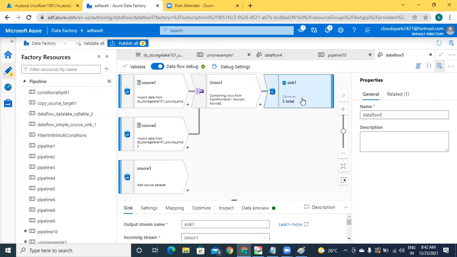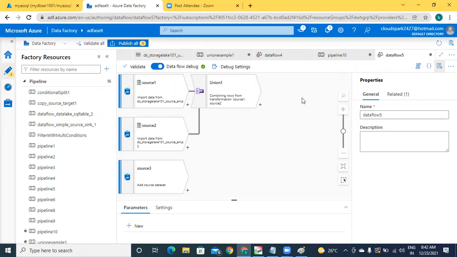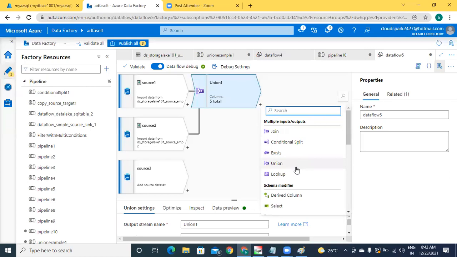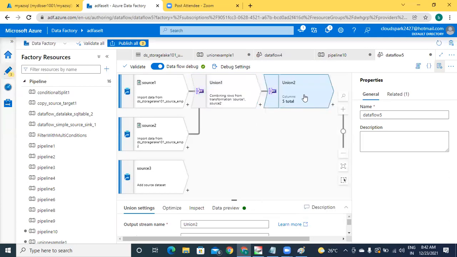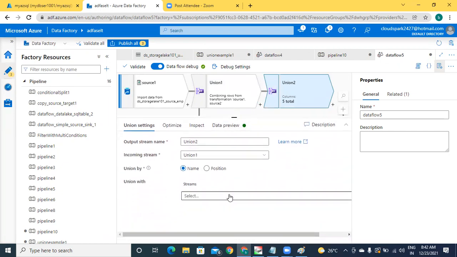I'm just removing the sink. I'm adding one more union. This is union 2. For this, I am adding source 3. For the second union, input is from the first union.